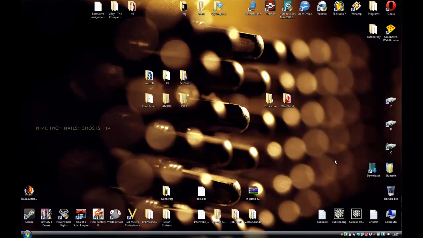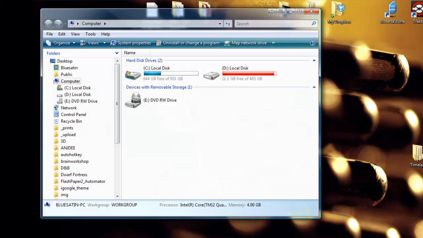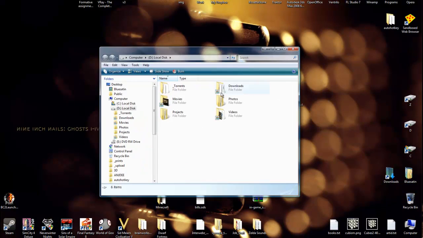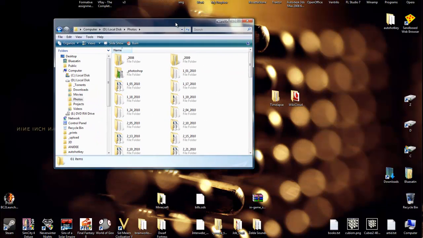So first things first, the way I get pictures off my camera is I literally go to my computer, double click the camera, and copy and paste the photos into my photos folder. So if I just go to my photos folder, just over here,